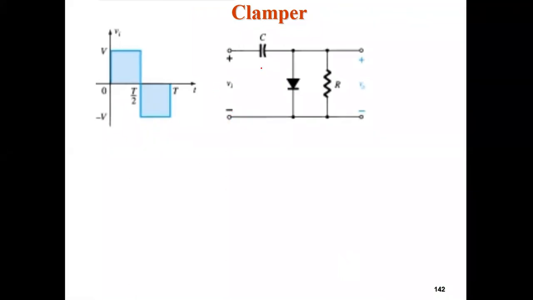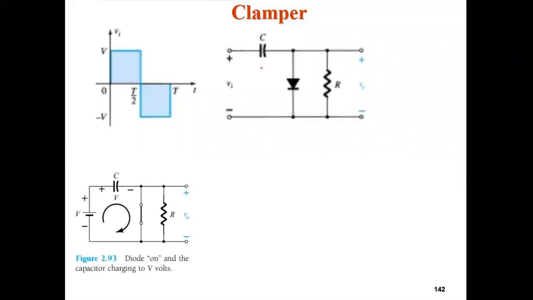So in the clamper, you have to proceed in the same manner, but the only thing is that you also have to calculate the capacitor. So here, first you check in which cycle the diode will be forward. During the positive half cycle the diode is forward, so it is conducting. At that time, you have to find out how much is the voltage across this capacitor.